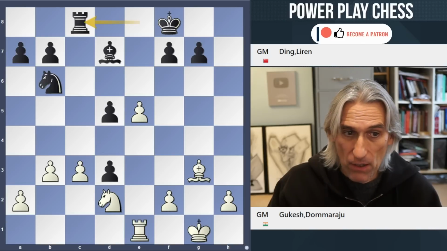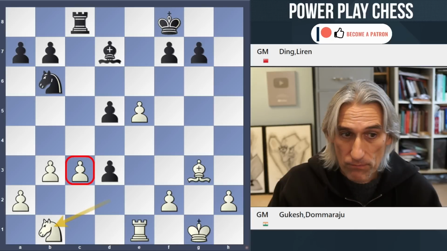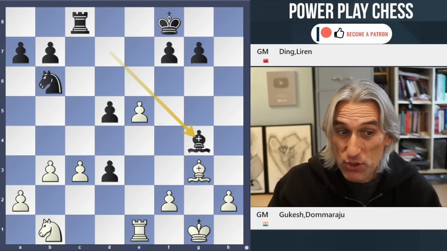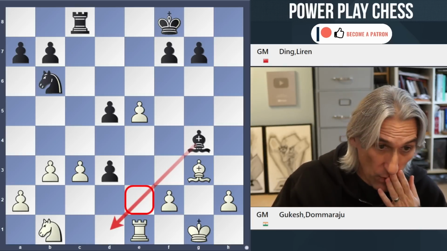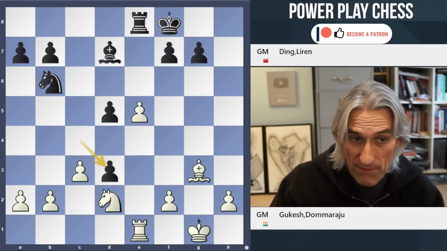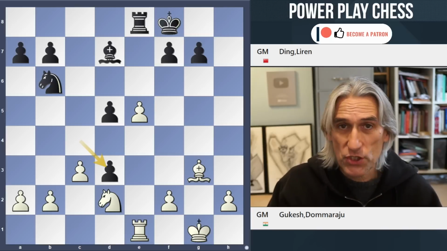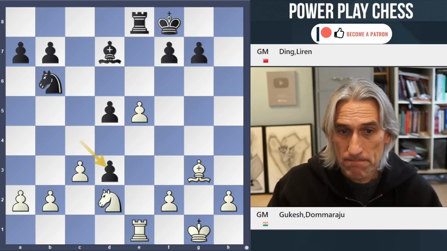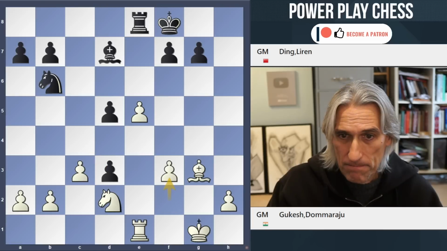And if we come back here after rook c8, then knight b1 protects that pawn. But then bishop g4, beautiful position. And the bishop will sink itself in on e2, protecting that pawn, and yeah, white is in big trouble. So having realised that b3 was dubious, Gukesh had to put the brakes on. And he played f3.